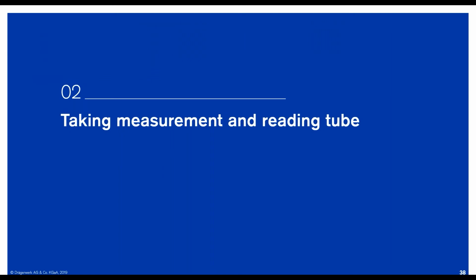Last but not least, we are looking at taking measurements and reading the tubes. In this section, we will look into how you do the pump strokes and what you should do before you do the pump stroke itself. And then there's also how you should read the tubes. For those new users, you can take this opportunity to learn how to use the Accuro Pump and how you should read the tubes. And for current users, there are a lot of questions being asked about how to read the tubes. So in this section, we will let you know how you should read the tubes, especially for those faint discolorations.